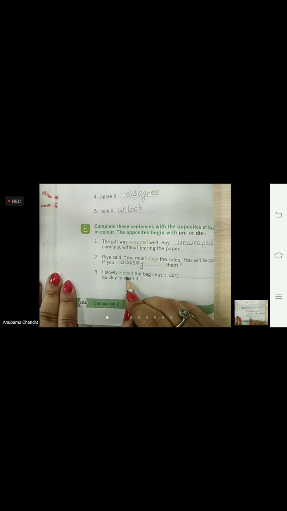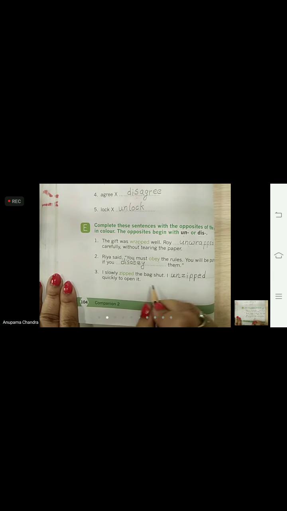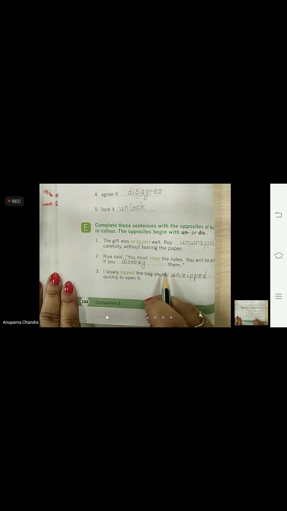I slowly zipped, unzipped. Un, zipped, unzipped. I slowly zipped the bag shut. I unzipped quickly to open it.